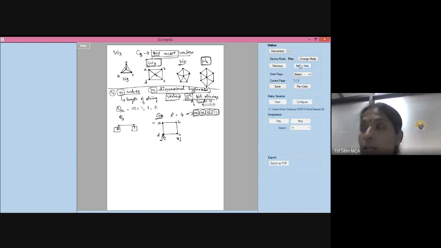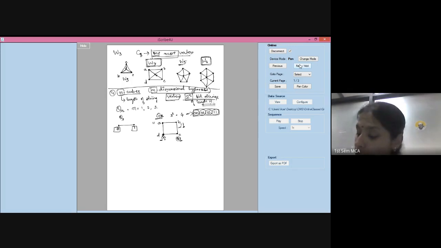All adjacent vertices should change only by 1 bit. You cannot have both the bits changing. Now when I say C is 0, 1, what can be B? B I can take as 1, 1 because this 1 and this 1 are the same. 0 becomes 1 here. So there is only a change of 1 bit position. That is right.